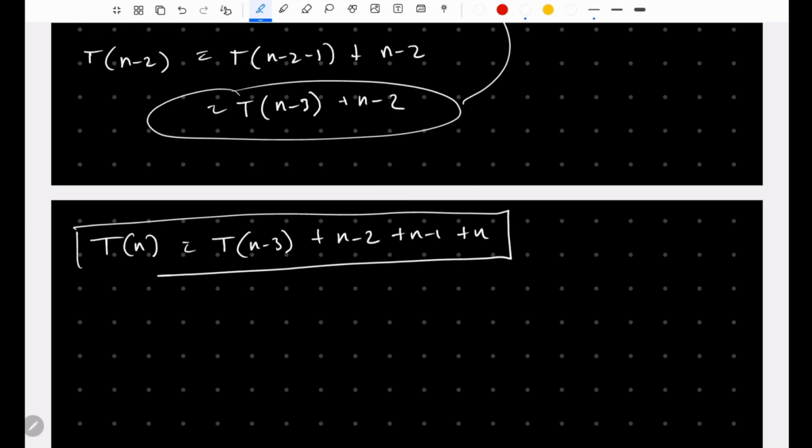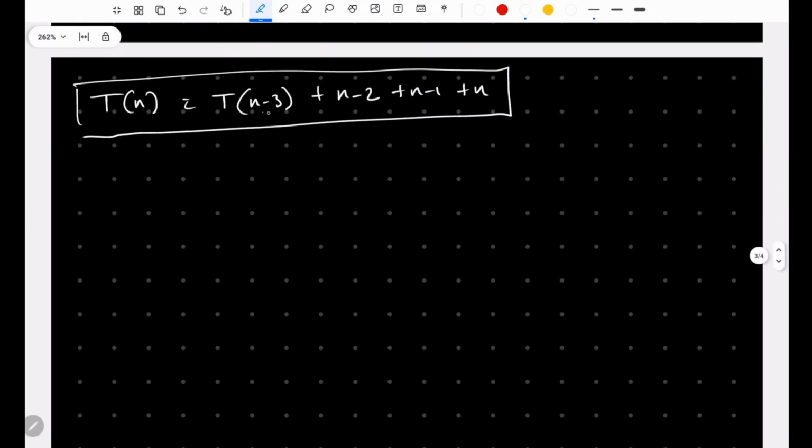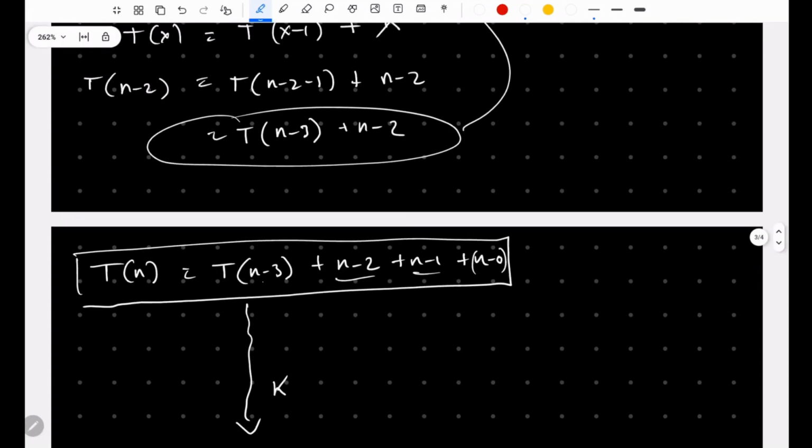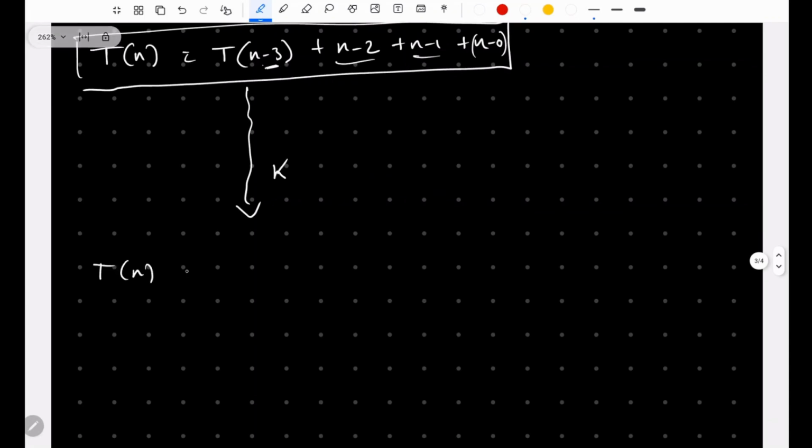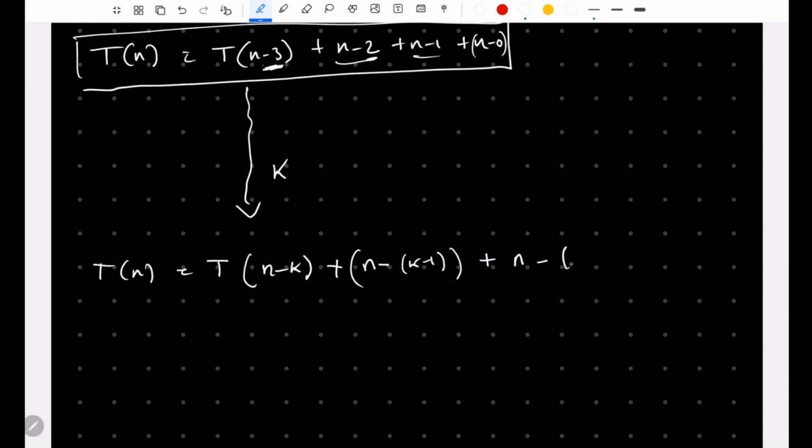So we can see a pattern is forming, like you can see n minus 3, n minus 2, n minus 1, and we can write it n minus 0. So if we do this k times, we have done it 3 times, like n minus 3 came. So if we do this k times, what will be the output? T of n will be T of n minus k, and you can see here it is 3, so 3 minus 1 is there. So we can write T of n minus k minus 1 plus n minus k minus 1 plus dot dot dot n minus 0. Sorry, n minus 1, this will be n minus 2, and this will go on like this,